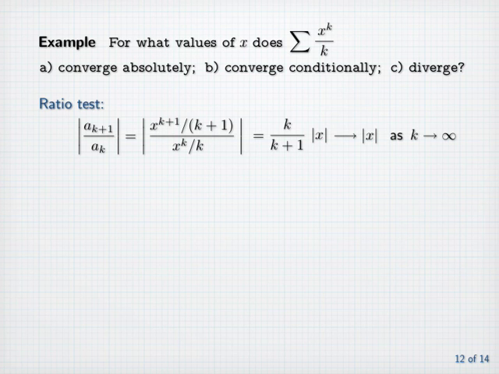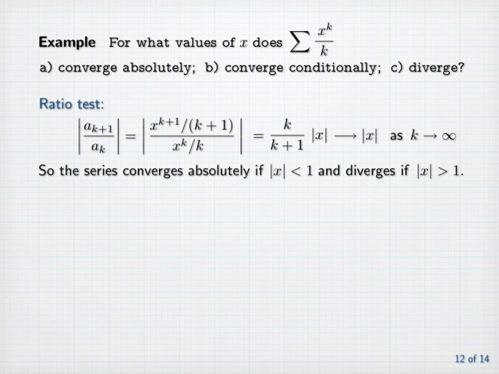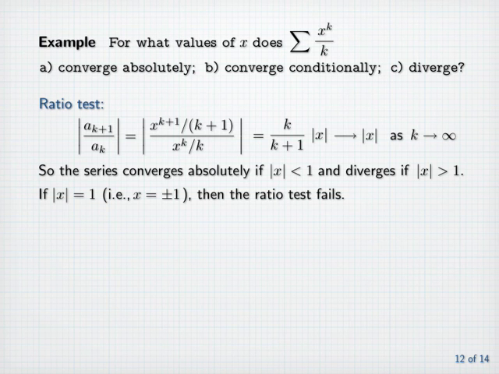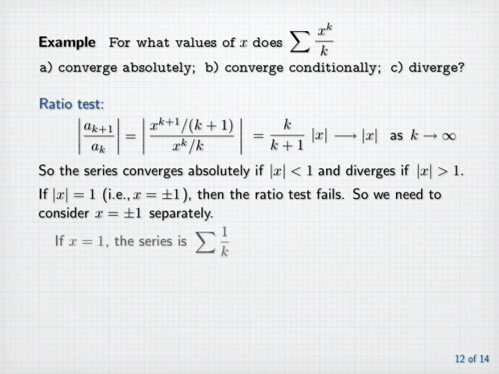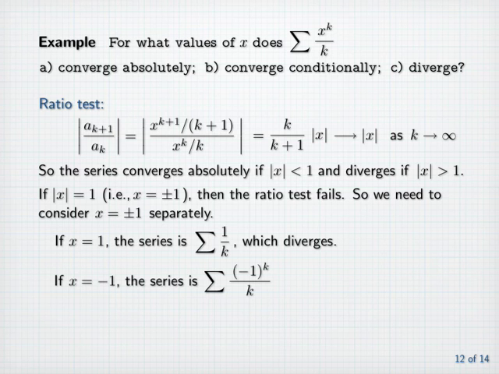So the series converges absolutely if the absolute value of x is less than 1 and diverges if the absolute value of x is greater than 1. If the absolute value of x equals 1, that is, if x equals plus or minus 1, then the ratio test fails. So we need to consider x equal to plus and minus 1 separately. If x equals 1, the series is the sum of 1 over k, which is the divergent harmonic series. If x equals minus 1, the series is the sum of minus 1 to the k over k, which converges